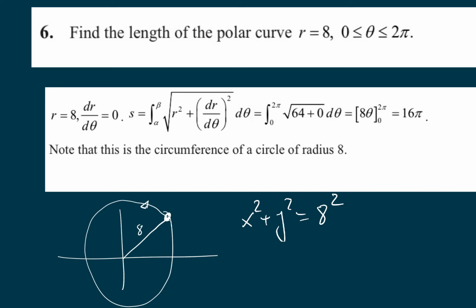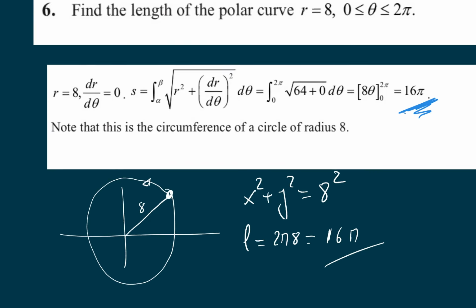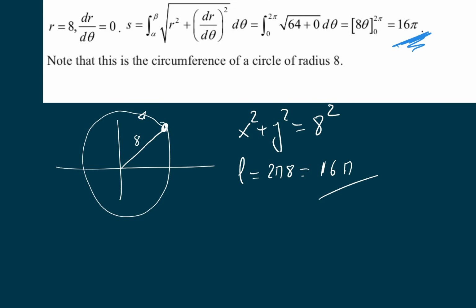Well, I know the arc length is 2 pi by 8, so you will get 16 pi. And this is the result, but the problem is asking you to do it in polar with the polar equation. So the area will be